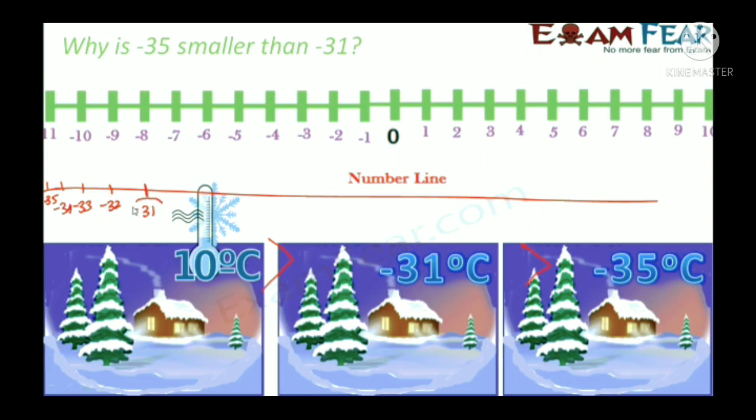So if you look at their positions, we see that minus 31 is located towards the right of minus 35. And we know that as you move towards the right, you move towards bigger numbers. So that also proves that minus 31 is bigger than minus 35. So whenever you have to compare two negative numbers, forget about their sign. Look at the value of the number which is smaller. Overall, that number would be a bigger